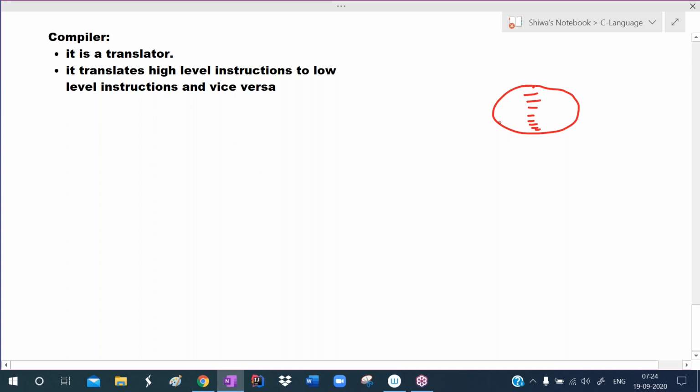Now this is a C program, and I'm storing it in one particular file. The file extension is .c for a C program. I'm giving this file the name hello, so hello.c is one C program. The code which is in the program is called source code. As programmers, we write this source code and store it in one particular file. Hello is the file name, and .c is the extension.